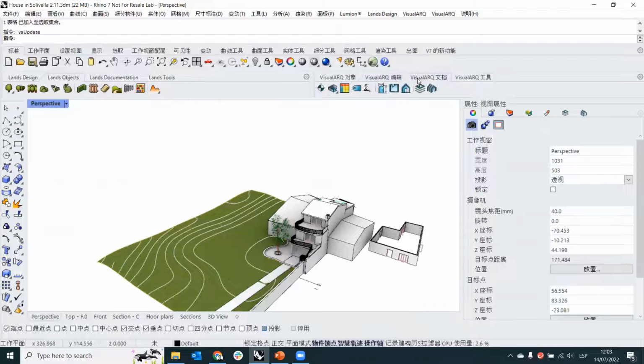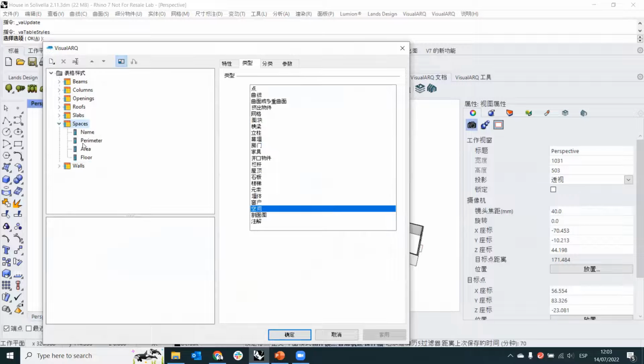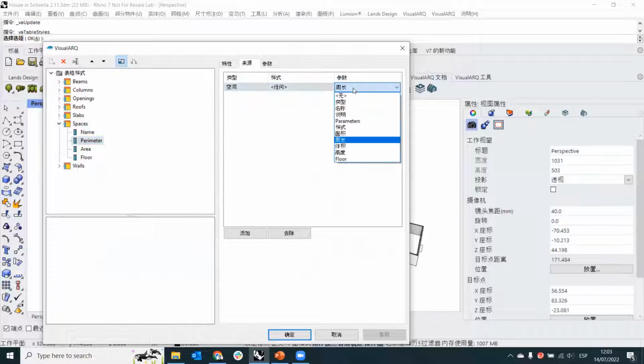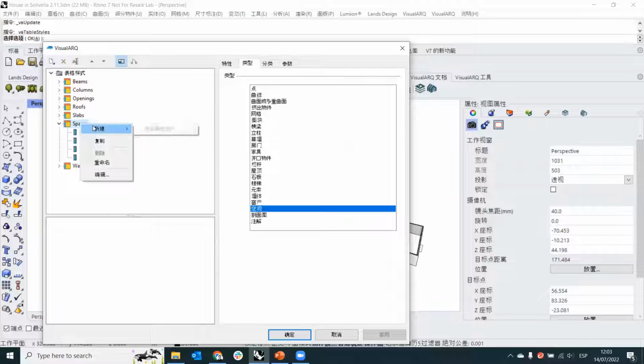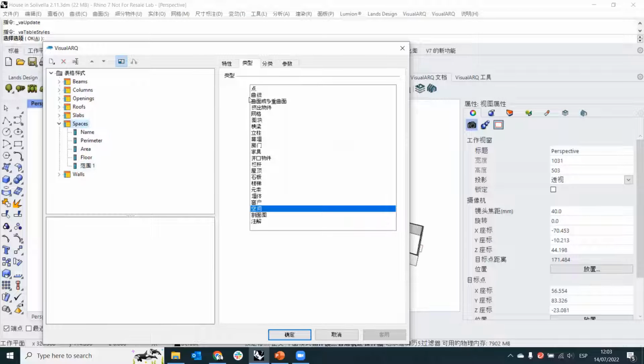If you explore the table of styles, I will right-click here and select, for example, these spaces. I can see here these parameters. For example, the perimeter references the perimeter property. That custom floor references this floor, and we can add new property fields here for listing any other information. If we select the spaces here, we can see all the different object types that we can use